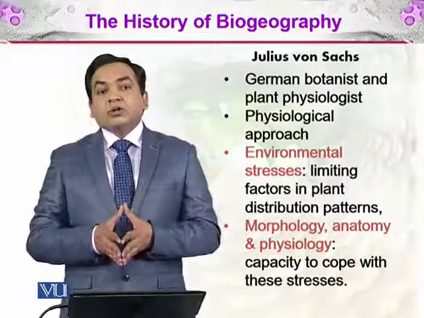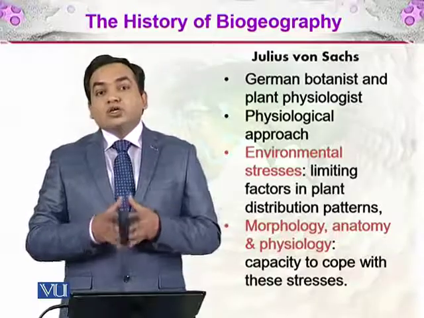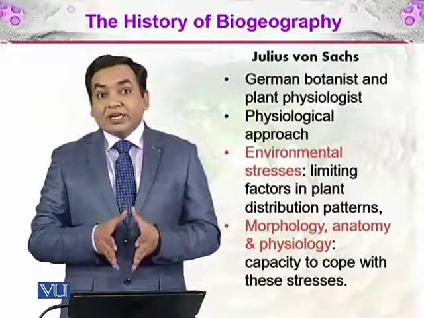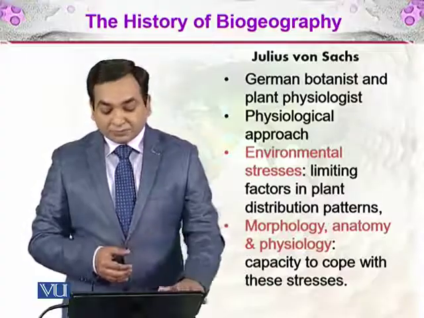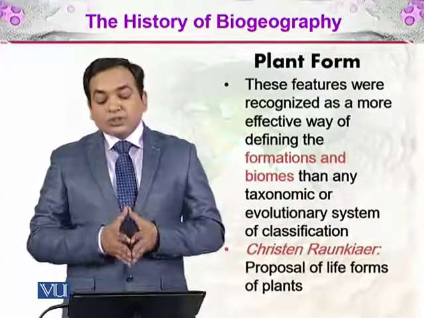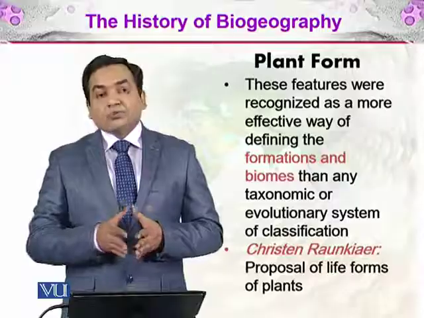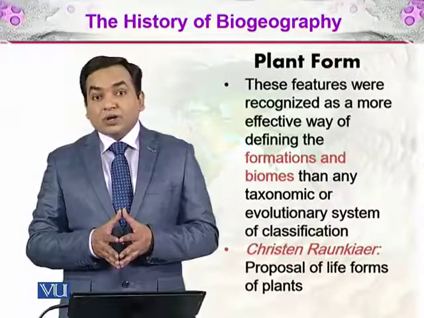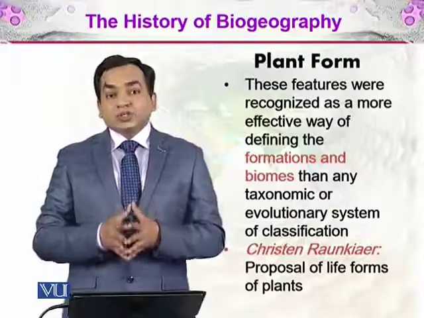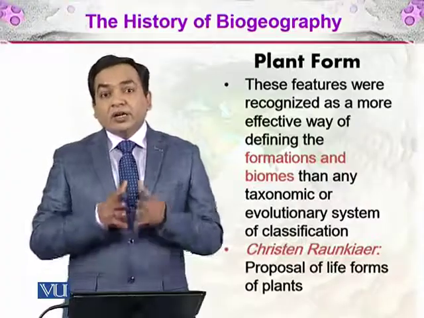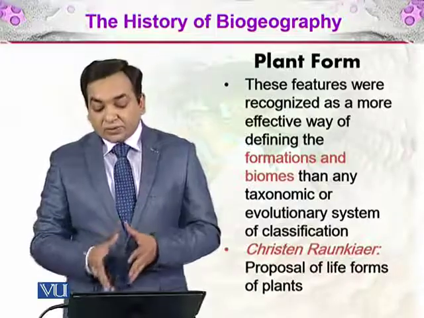And this morphology, anatomy, and physiology give it a certain capacity to cope with the environment in which it already lives. So it gives it the capacity to cope with the stresses in a particular environment. These features are recognized as a more effective way of defining formations and biomes. Different formations and different biomes exist, and these physiological, anatomical, and morphological features of plants are more effective in defining why a plant or animal chooses where it lives